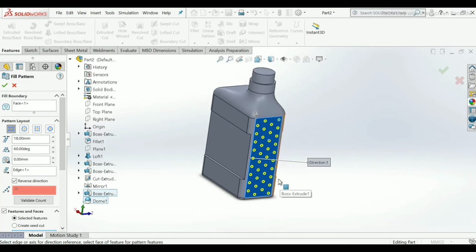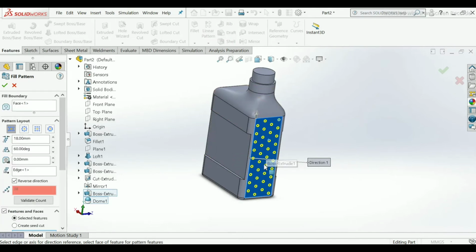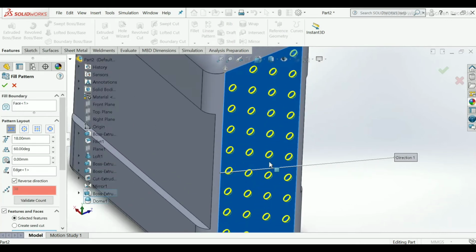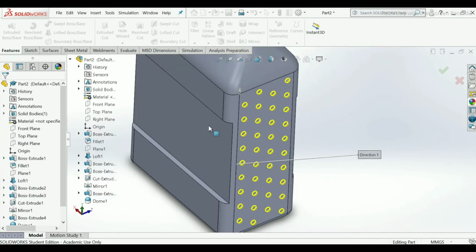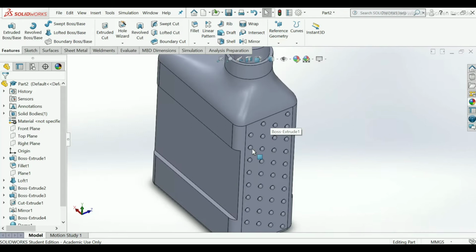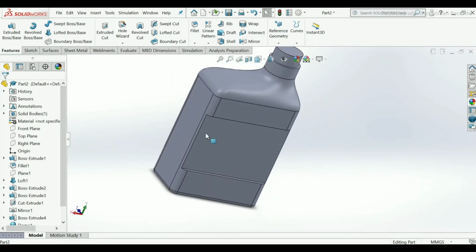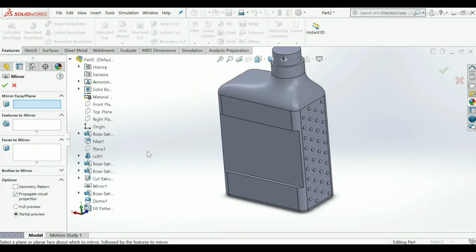Now it's properly shown because we have not selected any features to fill the pattern. Then click OK. Now our dome feature pattern has been completed for one portion. For the second one, I will choose mirror, right plane,